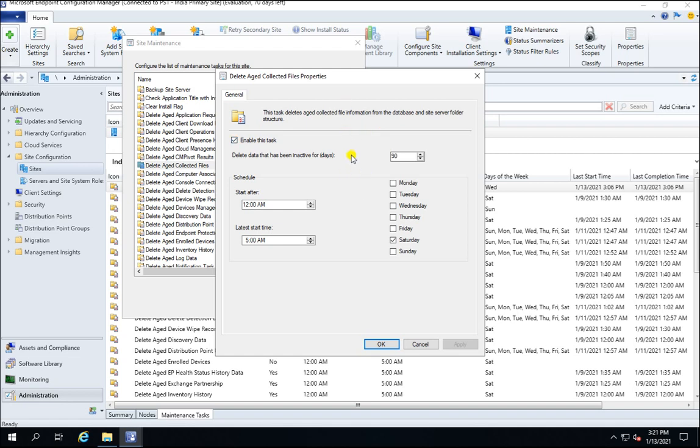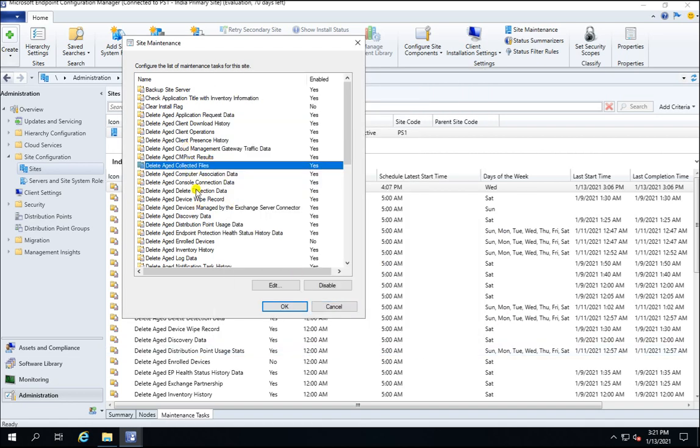When your SCCM has been running continuously for a long time, it keeps collecting files from the site database server, and that consumes your disk space. If you want to remove them, you can enable this task and set up how old a file you want to delete, like 90 days, 1 month, 2 months. Basically Microsoft recommends 90 days, and you can set up the time as well.